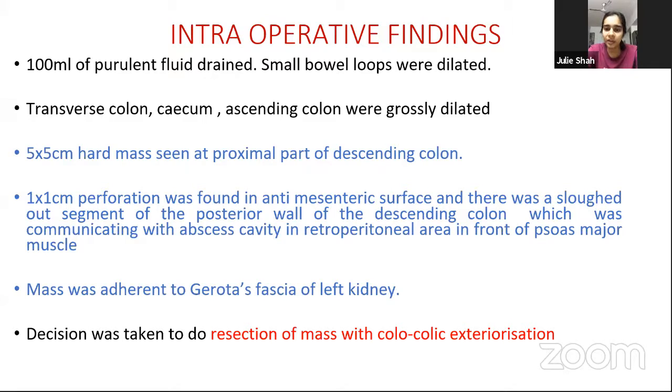With no perforation, primary, yes. With intraoperative bowel preparation, we can do primary anastomosis. There was a perforation, which was a bad thing. It was also connecting to the retroperitoneal surface. An abscess cavity was also there. So we did this. What do you say, Lakshman? Now it is up to you. You have to opine.